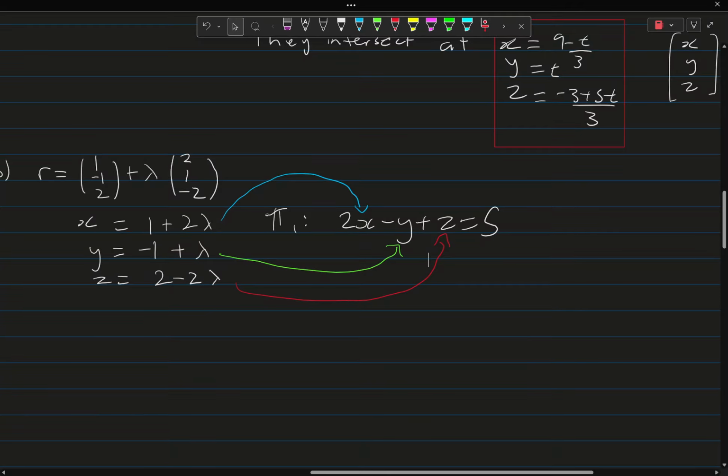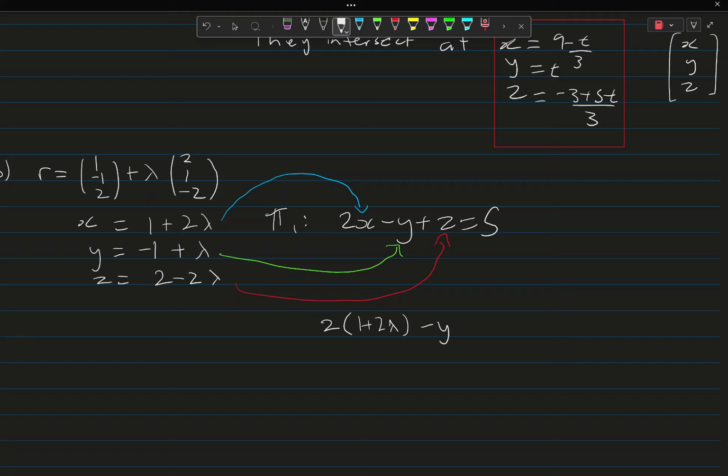What we get is 2 times (1 plus 2 lambda) minus (negative 1 plus lambda), which is y, plus (2 minus 2 lambda), which is z, equal to 5. So expanding this out,